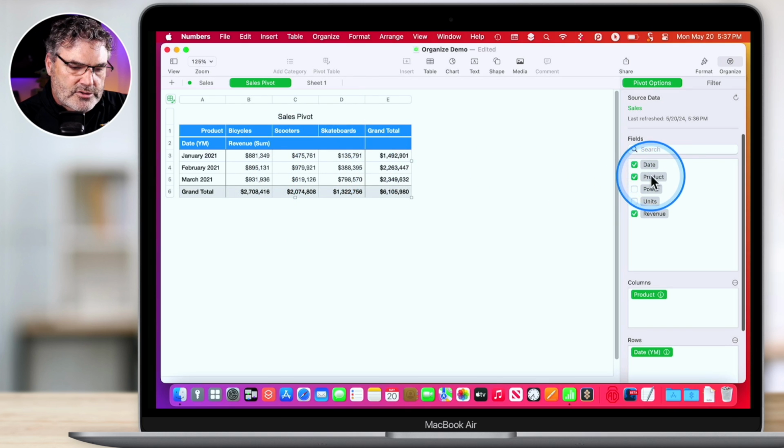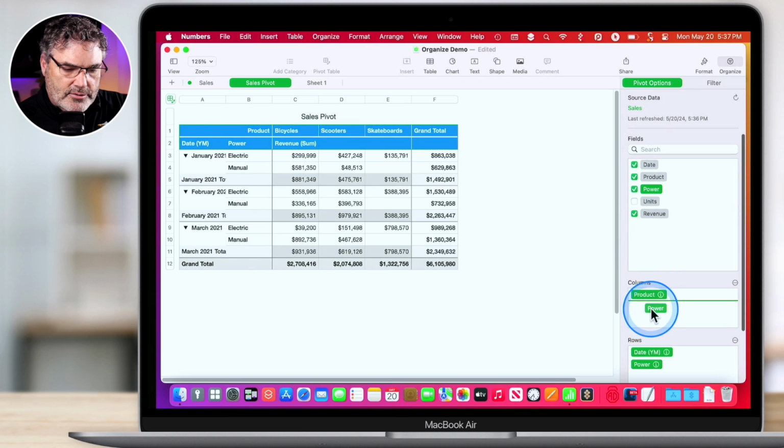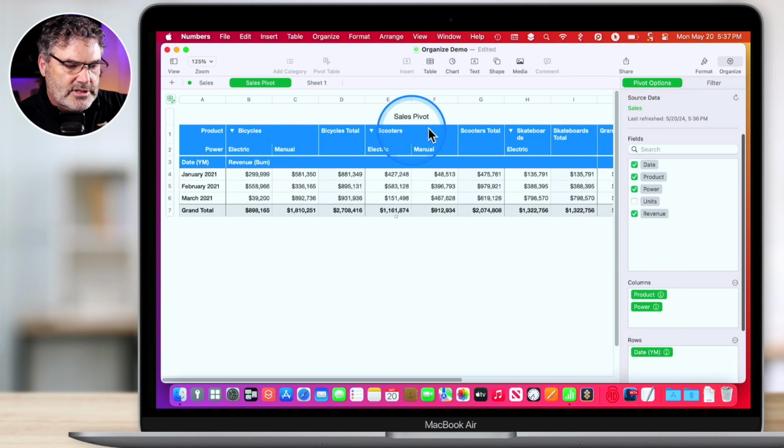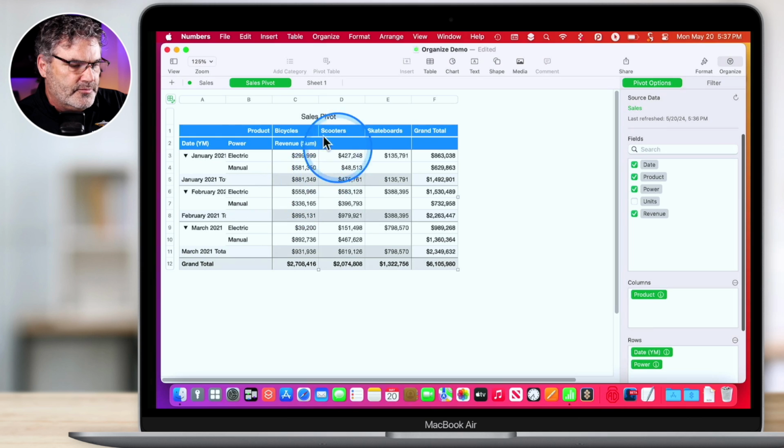And you can drag these around. Let's go with power. I'm going to drag this down here. And now we can see that I have my power in there. I don't really like that look, so let's just put power back over here to rows. Yeah, that looks a little bit better. So here's my bicycles, scooters, and by power. So all you have to do is just drag and drop these different fields around to customize